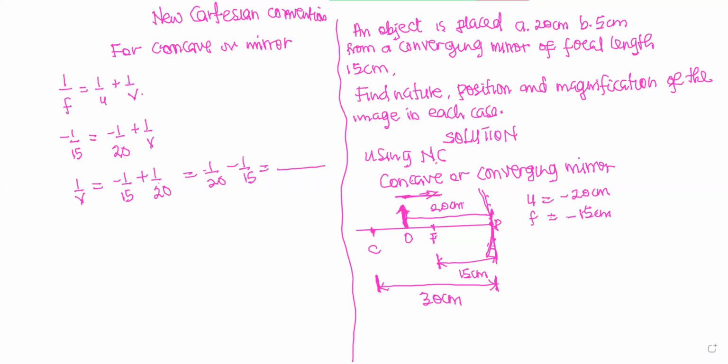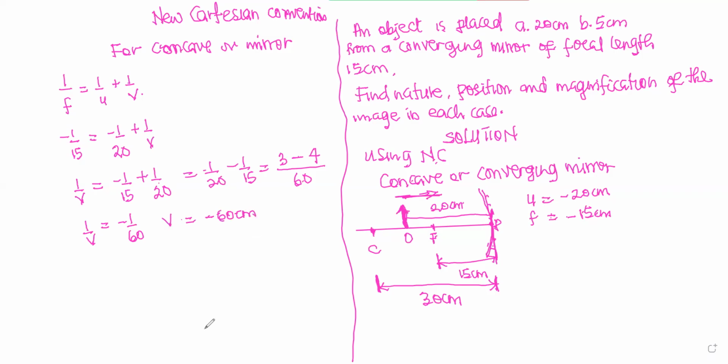Yes, class, what's the LCM? 60. So 60. 20 goes into this 3. 3 times 1 minus 15 goes into 60 4 times. So we have minus 1 on 60. V is equal to negative 60